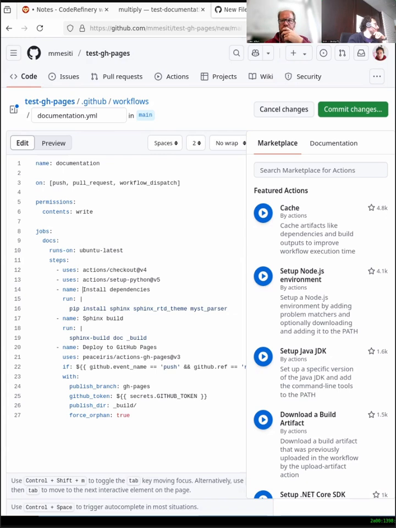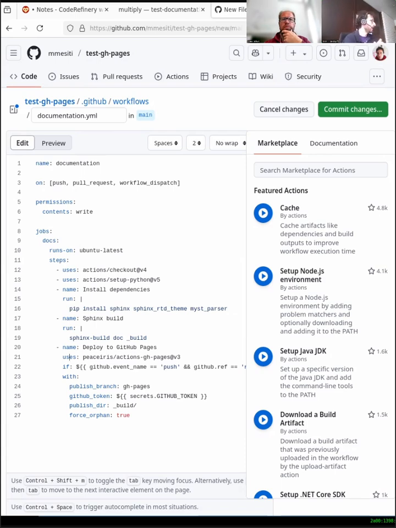Then we have another step, which is the installation of our dependencies. So we have our pip command here to install everything we need. Then we have the build command, the Sphinx build command. And then we have our last step, which does some magic here, which means